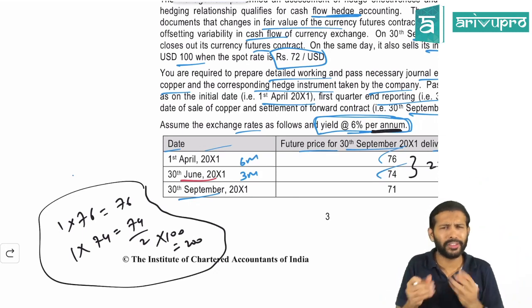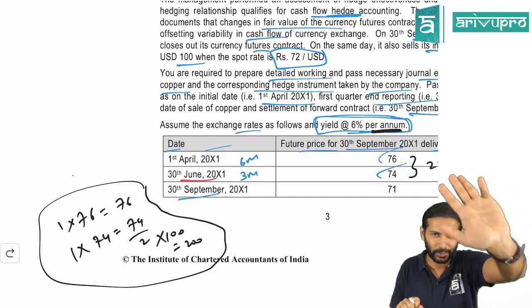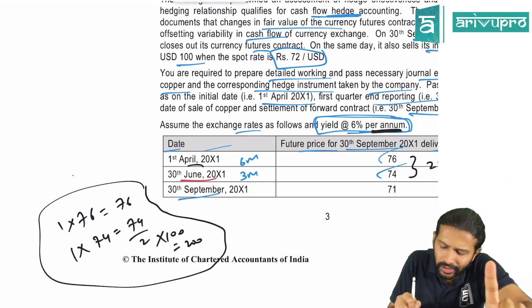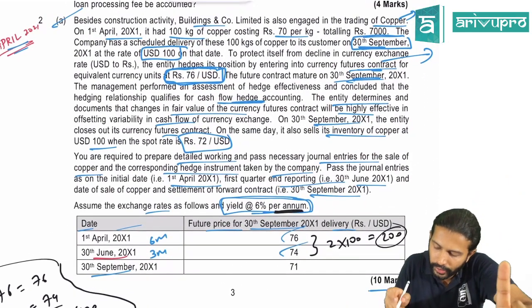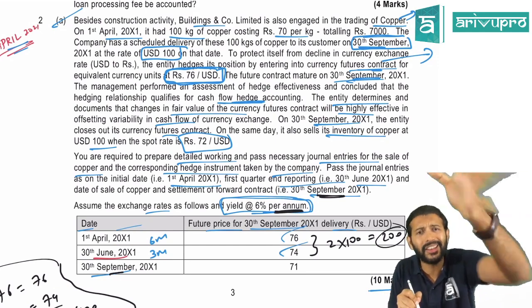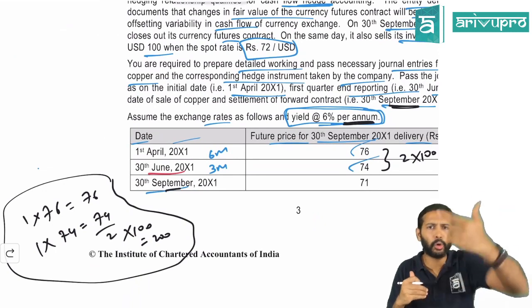But one thing, even I am a finance student, you can't make me a fool like this. Boss, your forward contract is not ending on 30th June. Your forward contract's ending date is 30th September. That means 3 months is still remaining on that contract. So this 200 rupees gain, which you are about to give me, right?